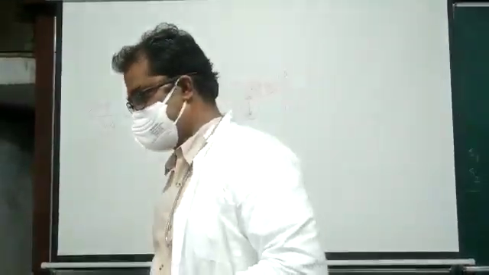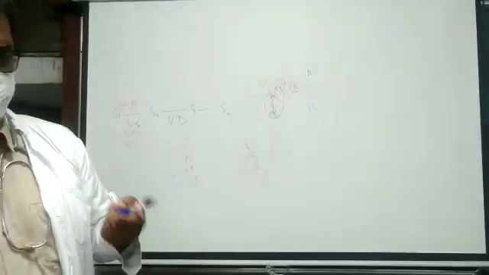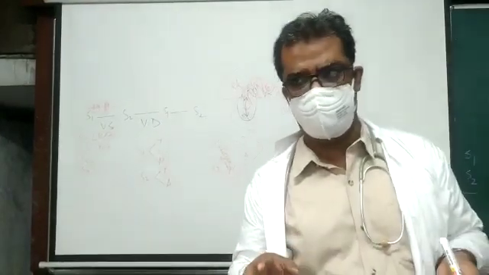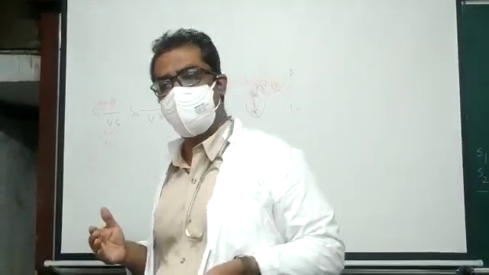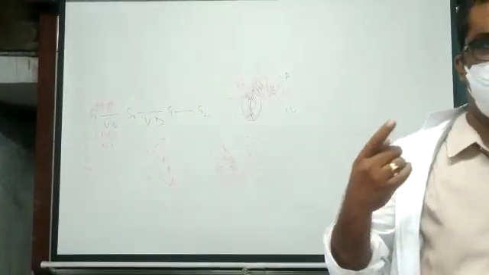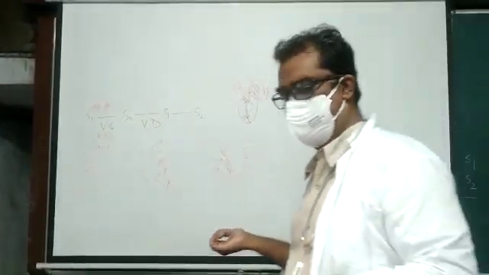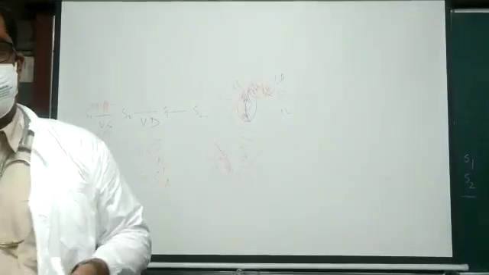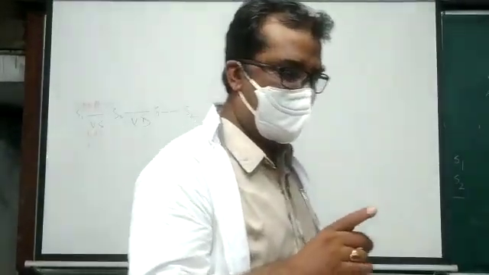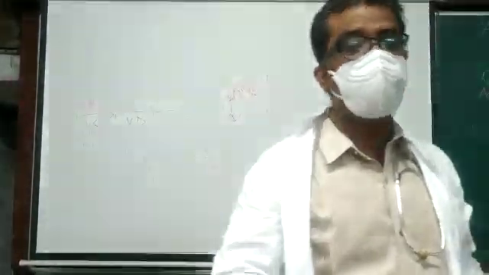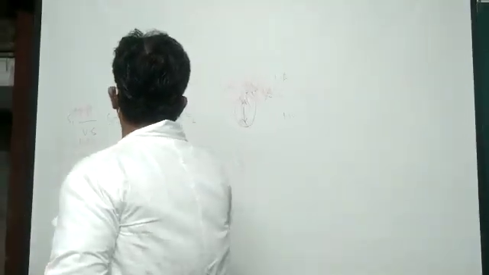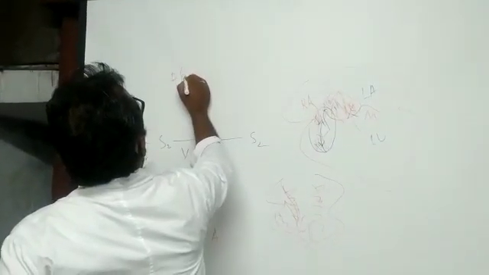Now another tidbit: the heart sounds which we hear through the stethoscope are of higher frequency. The first heart sound starts from 40 cycles and goes up to 500 cycles. But the fourth heart sound is only 20 cycles, which is not heard by the stethoscope. Even this low frequency heart sound can be recorded through an instrument called the phonocardiogram.